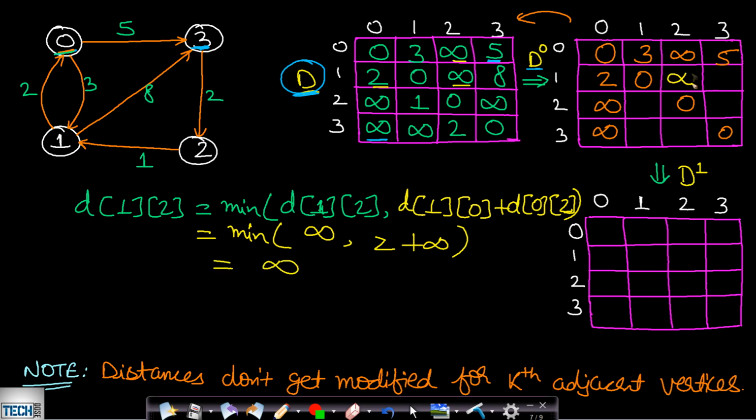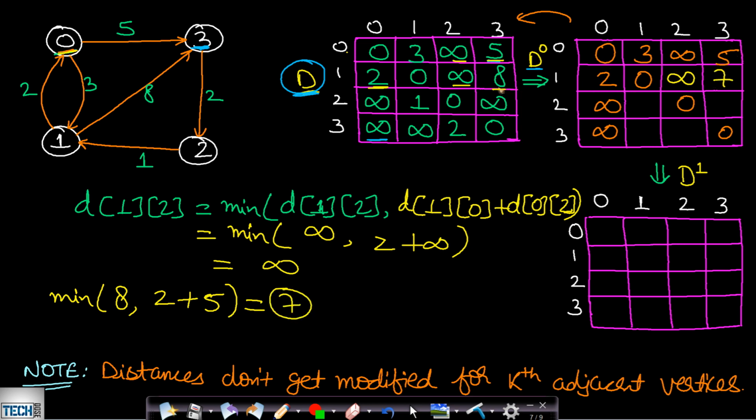Okay, therefore we will fill here infinity. Like this we will be filling for each and every value. Now let us fill for the next value, which is for 1 to 3, including this vertex 0. So for 1 to 3 the already known distance is 8, so we will be taking minimum of 8, comma, and then we will be taking from 1 to 0 and 0 to 3 according to this formula. So from 1 to 0 the value is 2, so this will be 2, plus, and from 0 to 3 the value is 5, so this will be 5. Now it will come out to be 7. So this will be replaced with value 7.